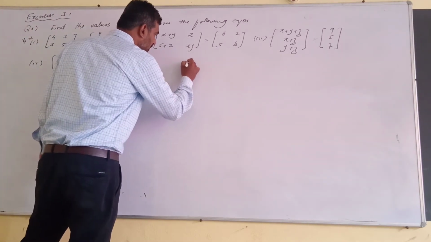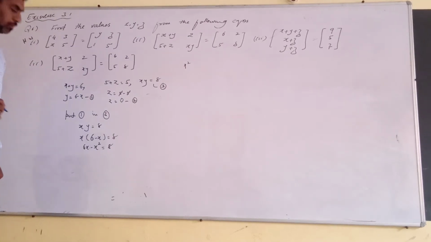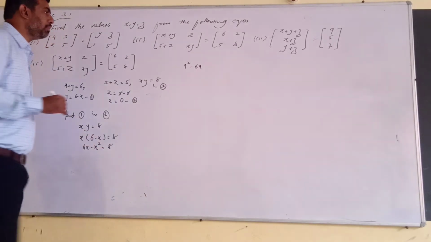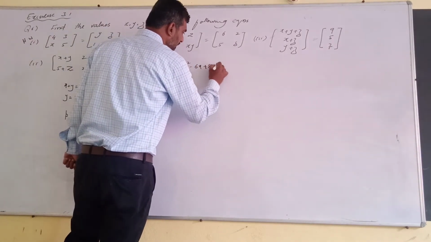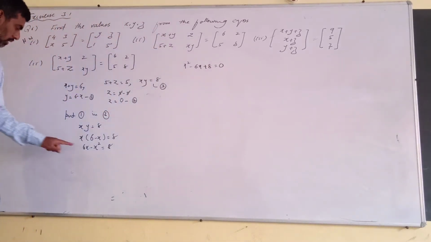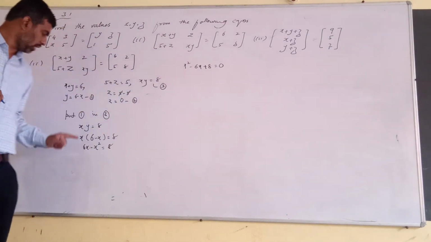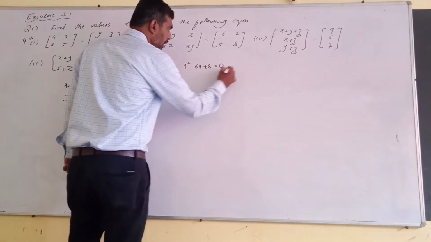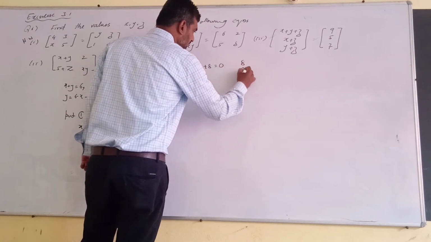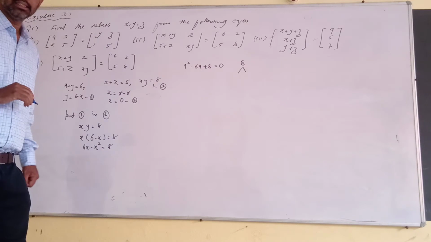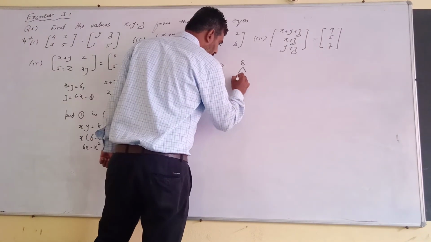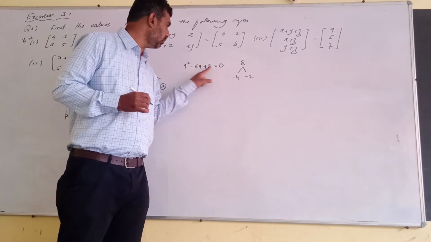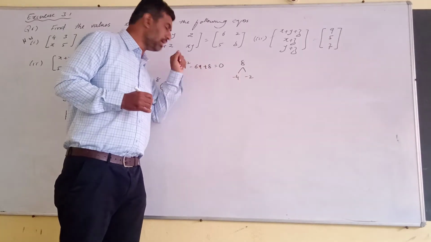Minus x square becomes plus x square. Plus 6x becomes minus 6x. Already 8 is here, so x square minus 6x plus 8 is equal to 0. Now make the factors of 8 such that we should get minus 6. What are the factors, students? Yes, minus 4, minus 2. Minus into minus plus, 4 into 2 is 8. Minus 4 minus 2 is minus 6.